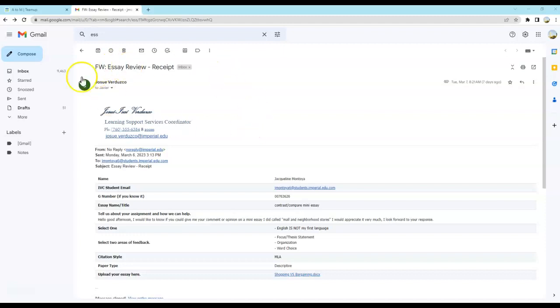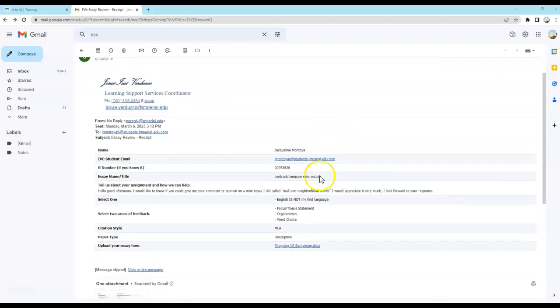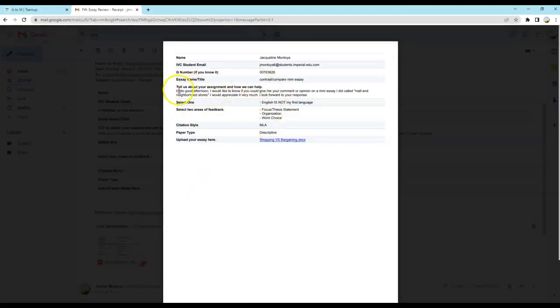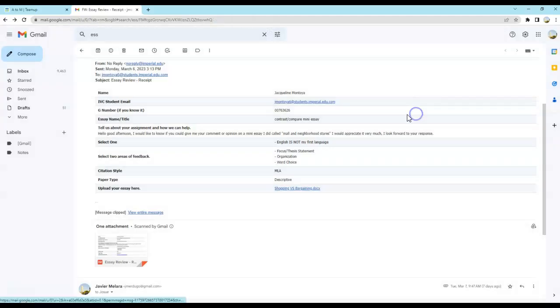So you're going to get an email sent from me or Josue, which is going to be the essay receipt. If you want to see the receipt, you can go ahead and download it right here. It's going to say what citation style it's going to be in. So this is MLA, and then the essay title, and then it's going to tell you what the student needs help with. So in this case, they want to see their comment or opinion in a mini essay that they